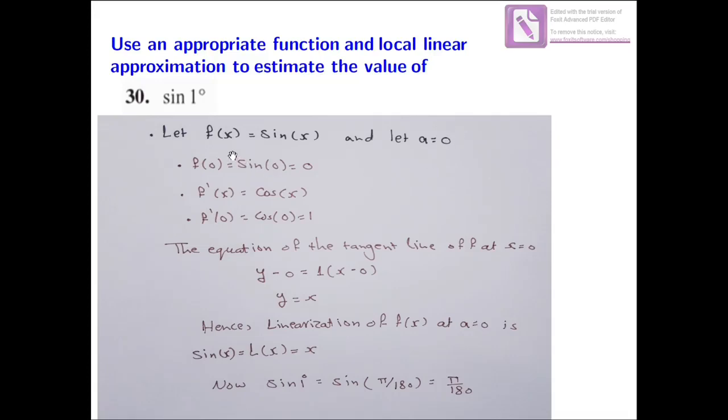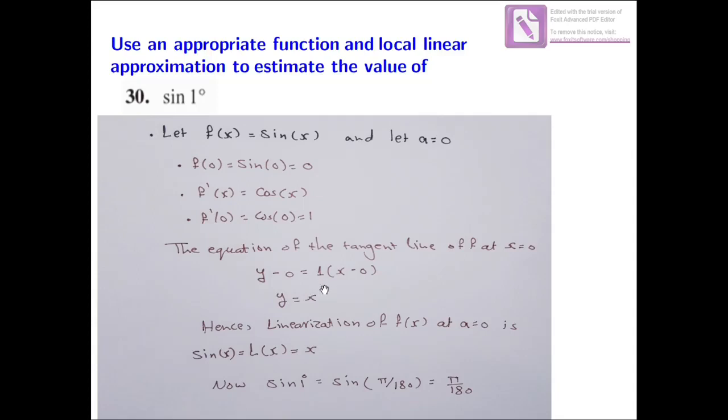So if f(x) is equal to sine x and a is equal to 0, then we need to evaluate f(0). It is sine 0, which will give us 0. And f prime(x) will be the derivative of sine, which is cosine. So we need to evaluate f prime(0). This will give us cosine 0, which is 1. So now the equation of the tangent line of f at x equals 0 will be y minus y1, which is f(0), which is 0. So y minus 0 is equal to